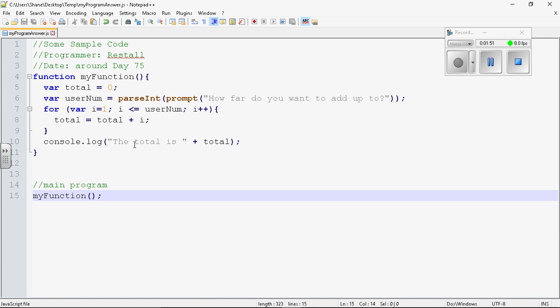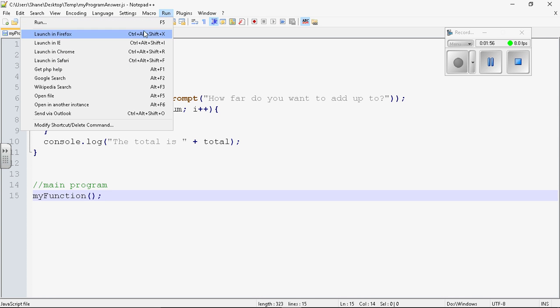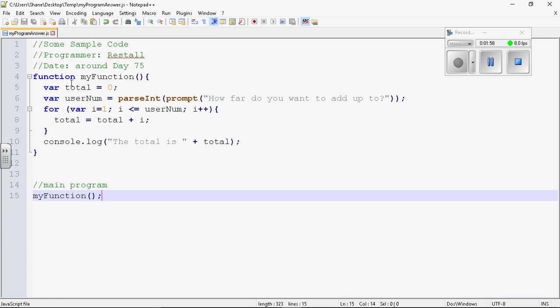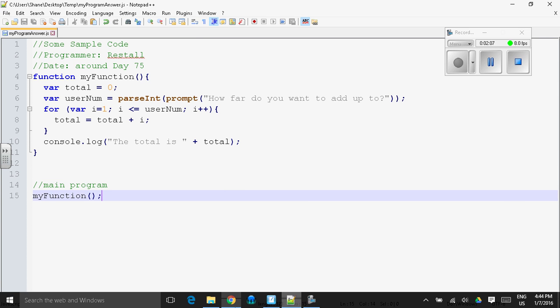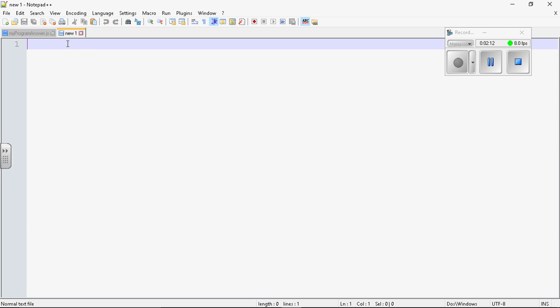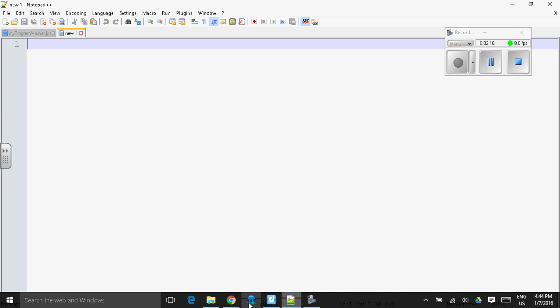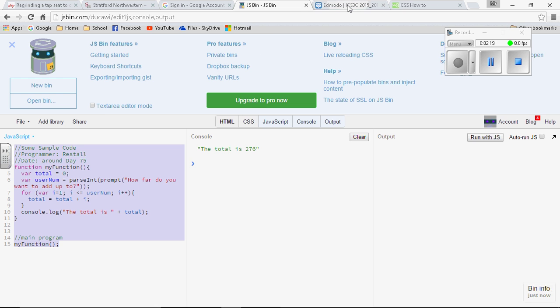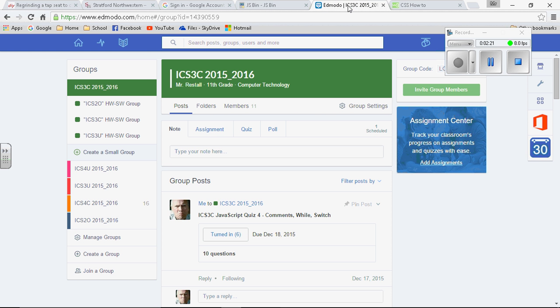I can't run just the JavaScript, unfortunately. The only things I can run are web pages. So I need a web page that's connected to this. Okay? And so I need to go and get myself a web page. In fact, you can write your own web page, File, New, and then start writing a web page from scratch. That's up to you. But what I've done, actually, being the nice teacher that I am, I've given you a